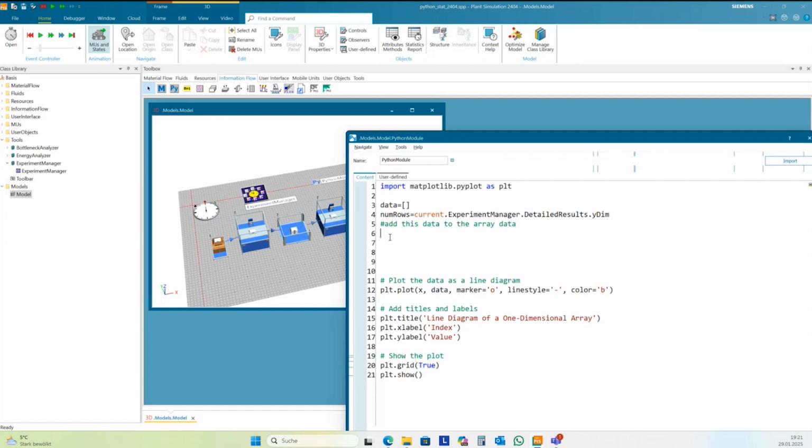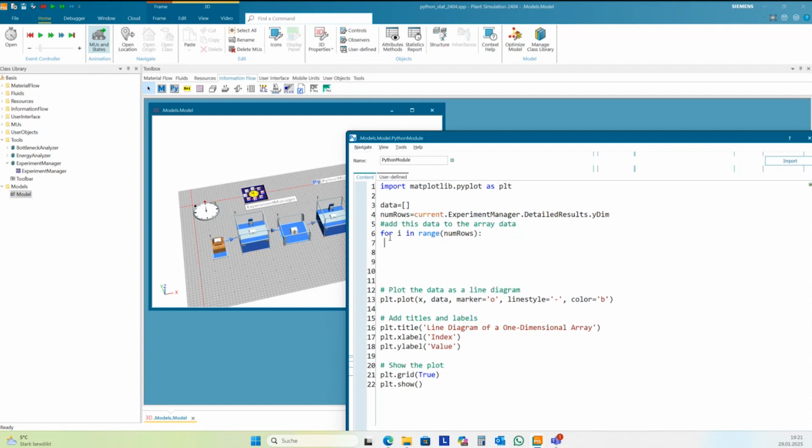And for this, I need a loop. I can use a loop here in Python. It starts also with for. I need a variable, and then it's a little bit strange. Okay, this is the header of the loop.